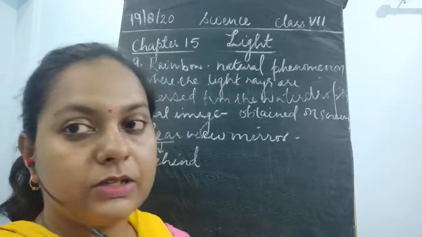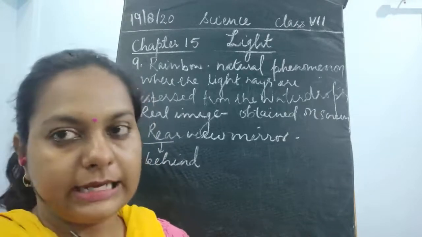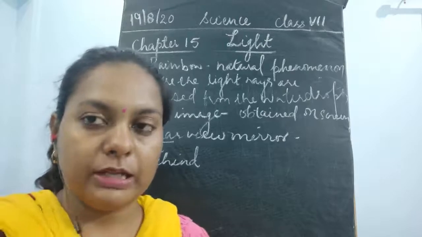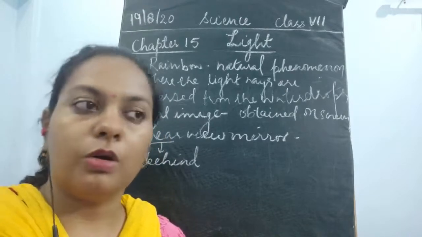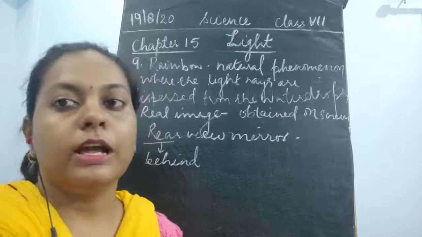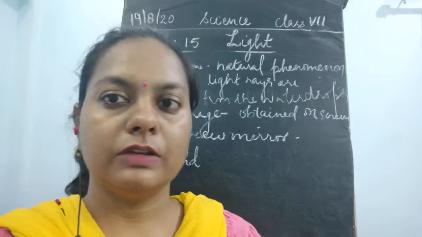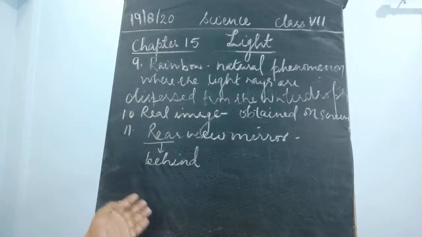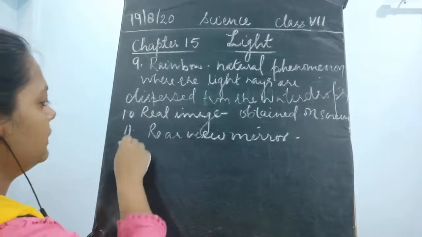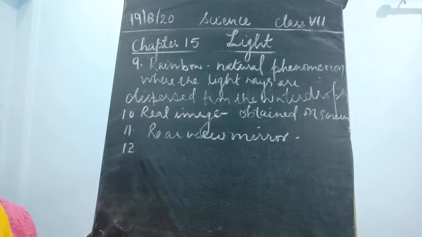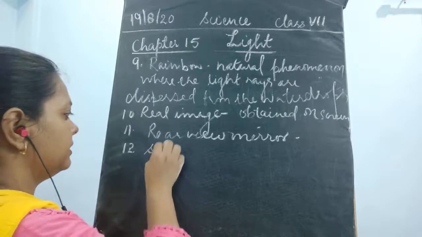Now why is it present? It is used to see the back view while sitting inside the car. By sitting inside the vehicle you can easily recognize which vehicle is coming at the back, which is following you, or to avoid accidents you have to manage things present on the road. So this rear view mirror is present in cars and vehicles to look at the behind view. Okay, now the next word in your book is the side mirrors. What is this side mirror?